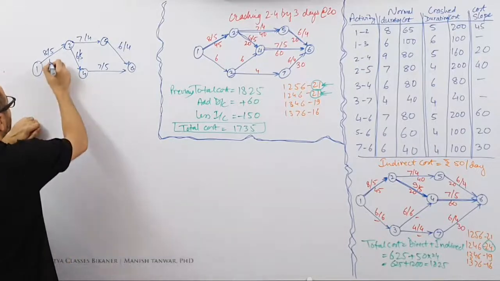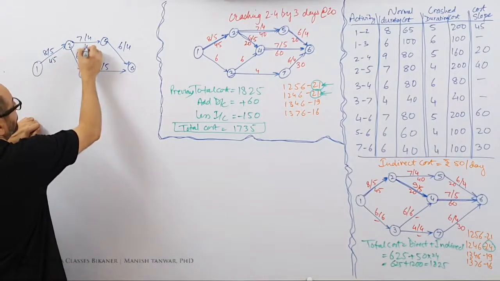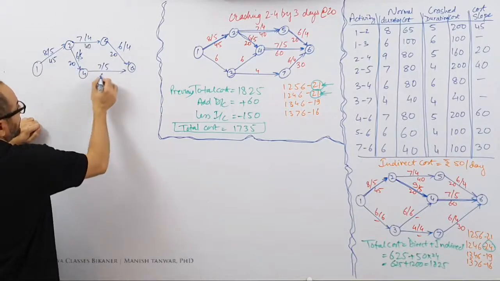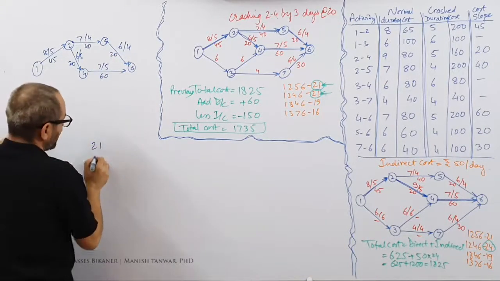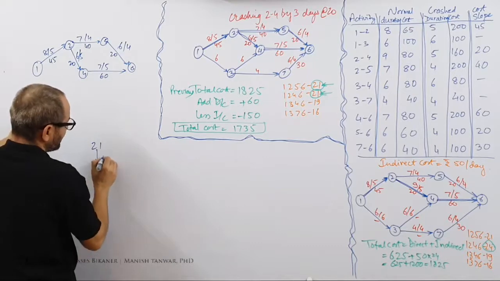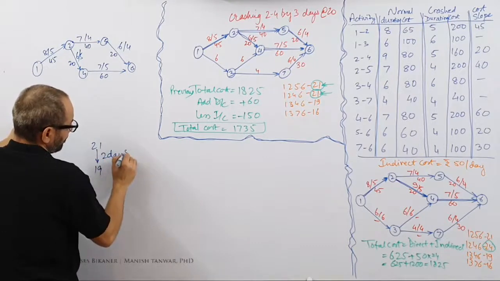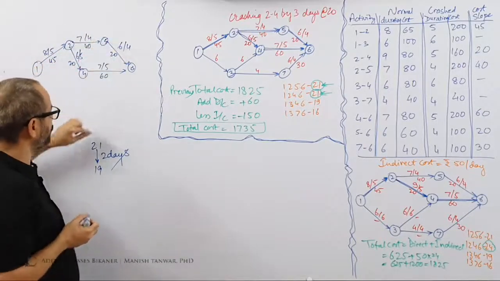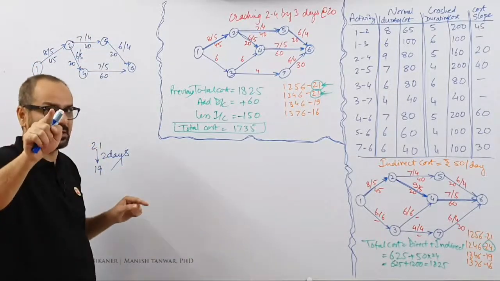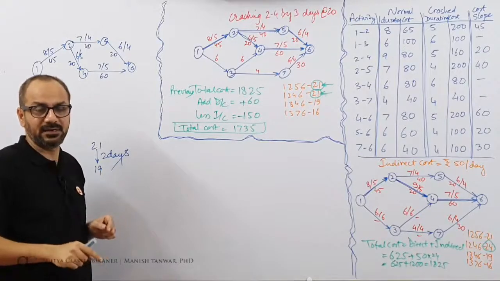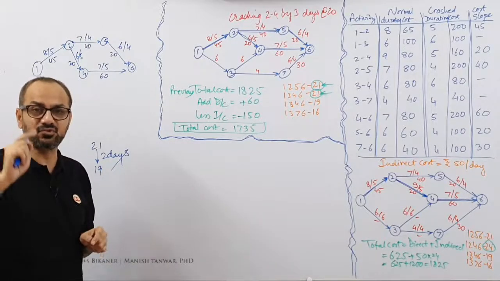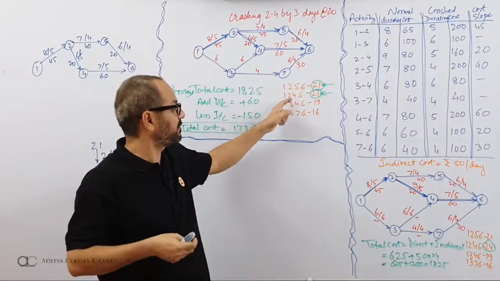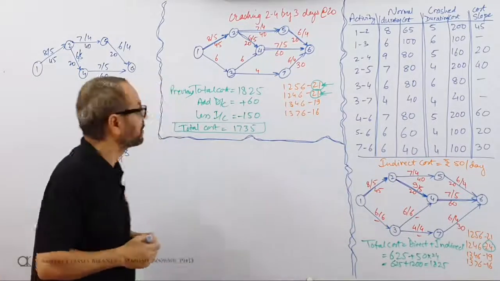What are the cost slopes? 45, 40, 20, 20 and 60. You are trying to bring 21 down to 19, that is 2 days. Fine. So one thing is clear, that I need to crash 2 days on each path. I do not need to crash only 2 days, I need to crash 2 days on each path. On 1256 I need to crash 2 days, on 1246 I need to crash 2 days.